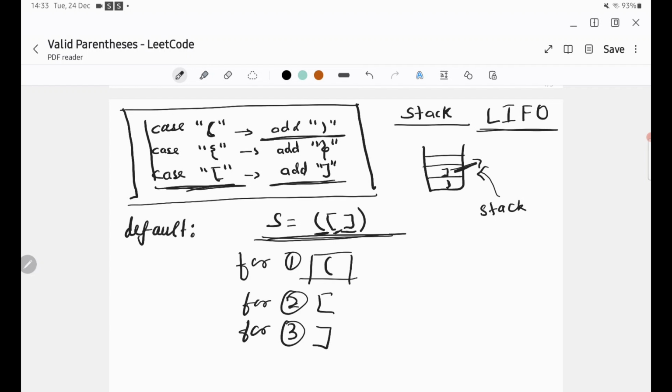Default will get all the elements which are not these three, right? So which are not these three, it will go to default. It will check if this character, for example, suppose it is ch. If ch is equal to the stack's first element, stack dot first item, let's say it is the first item,